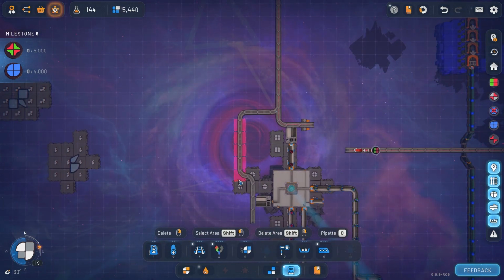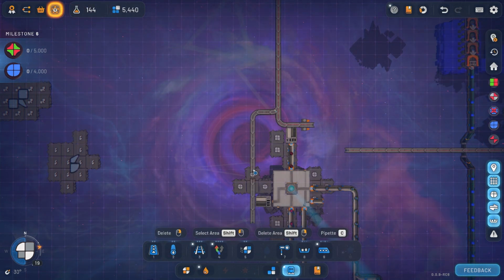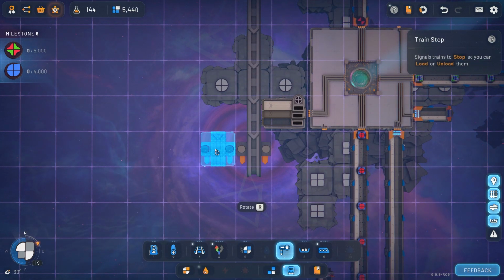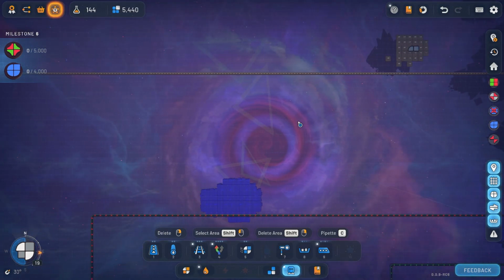You know, we don't need this to go all the way around. Let's save ourselves a little bit of room. Go straight down. All right, put a stop here. Perfect. So now I just need to